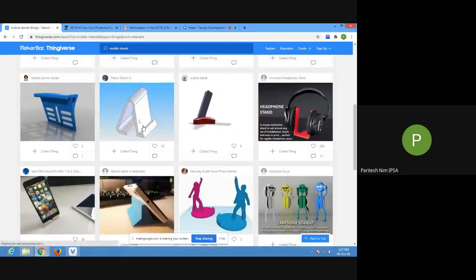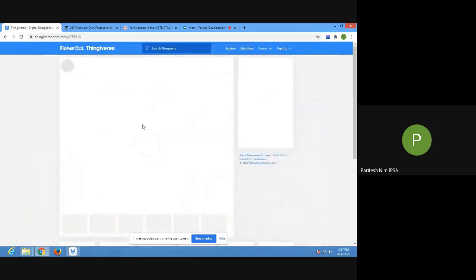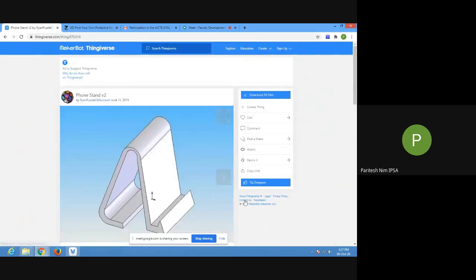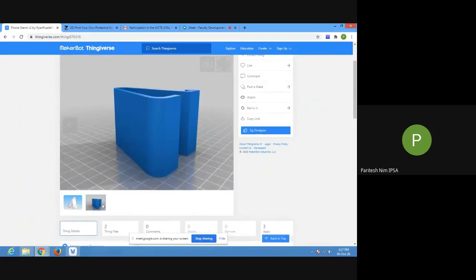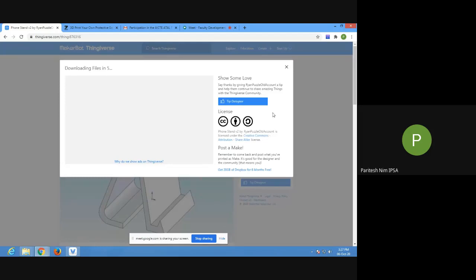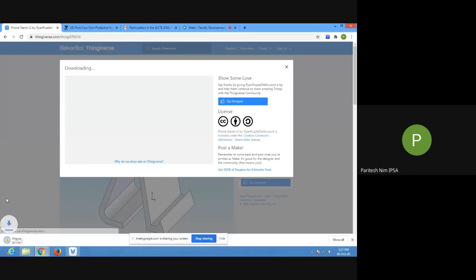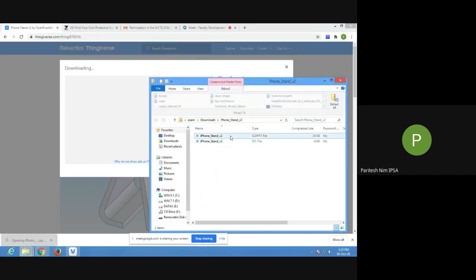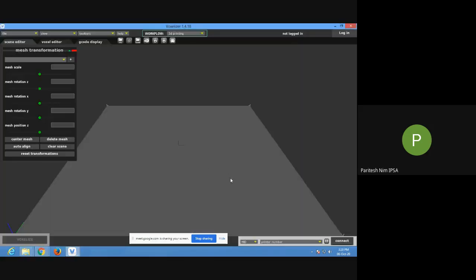If you want to download this file, just click over it and then download all files. It will start downloading automatically in a few seconds. And my file is downloaded and I found an iPhone stand here.